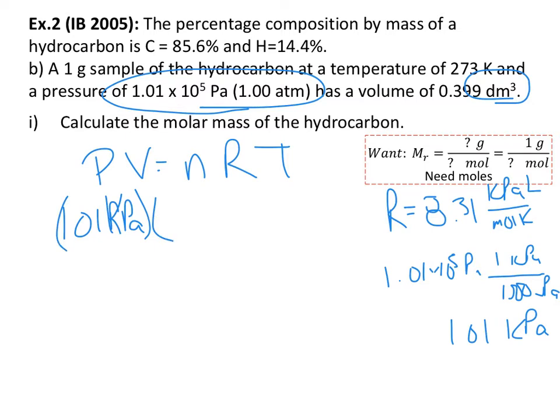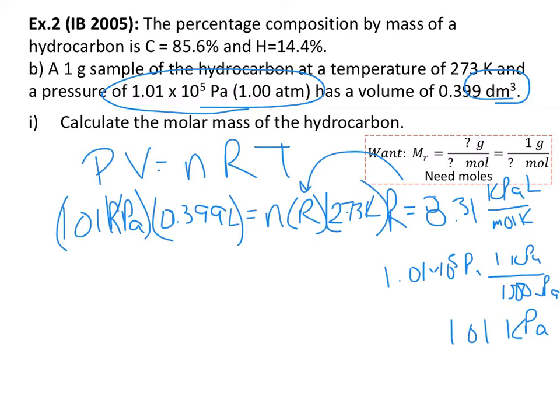So the R that I chose also used liters, so we should know by now that decimeters cubed and liters are the same thing, so I'm just going to plug it in as liters. We're solving for n. We're going to use the R, and they're nice this time and went ahead and gave me the temperature in Kelvin, but do watch for that. So if I take my 101 kilopascals times my 0.399 liters, divide that by the R, and divide that by the 273 Kelvin, I get that n is